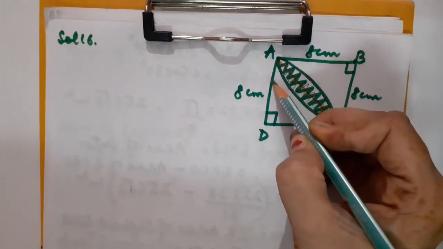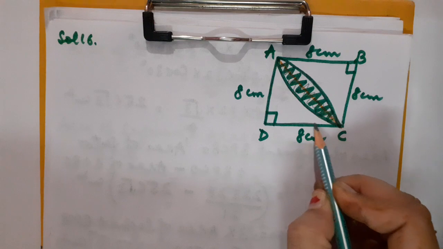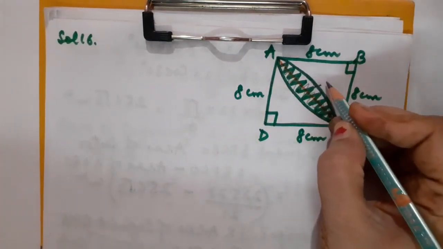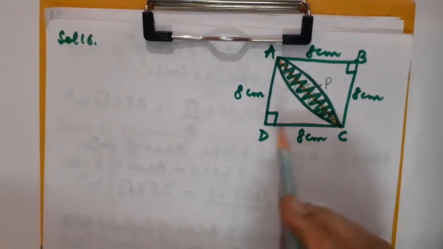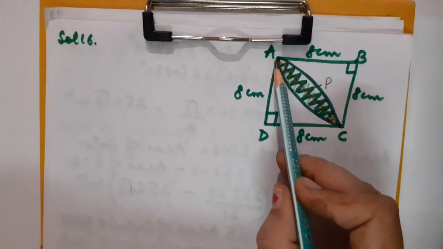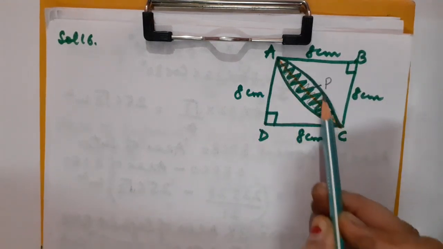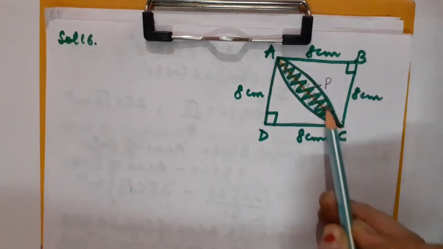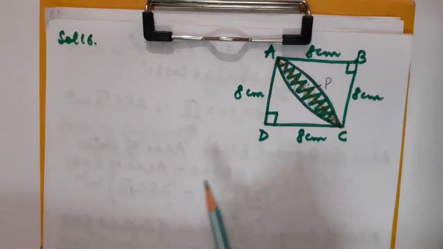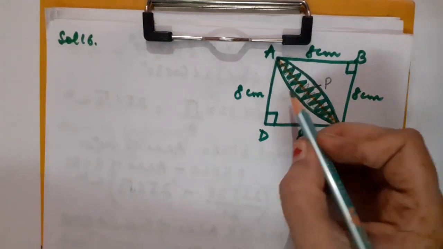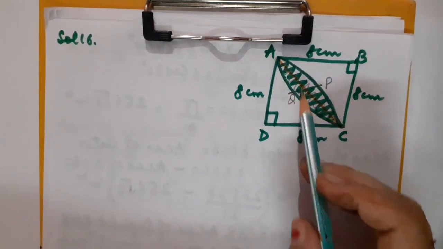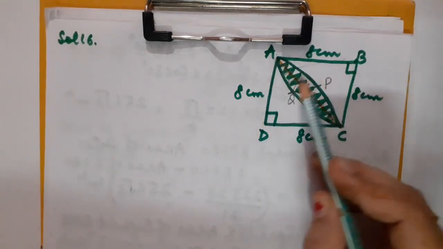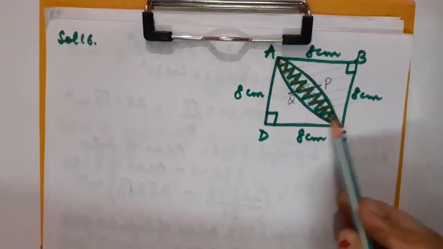Suppose if I say this is AD, then DC, and then I will be taking this AC part. Let it be point P. Give a point P here. So now you just see how it is making a quadrant. A, D, C, P, A. This is nothing but a quadrant of the circle, you can see. Okay, let us talk about the another quadrant now. Here if I give the name Q, so it would become A, B, C, Q, A, means this region. This will be the another quadrant.